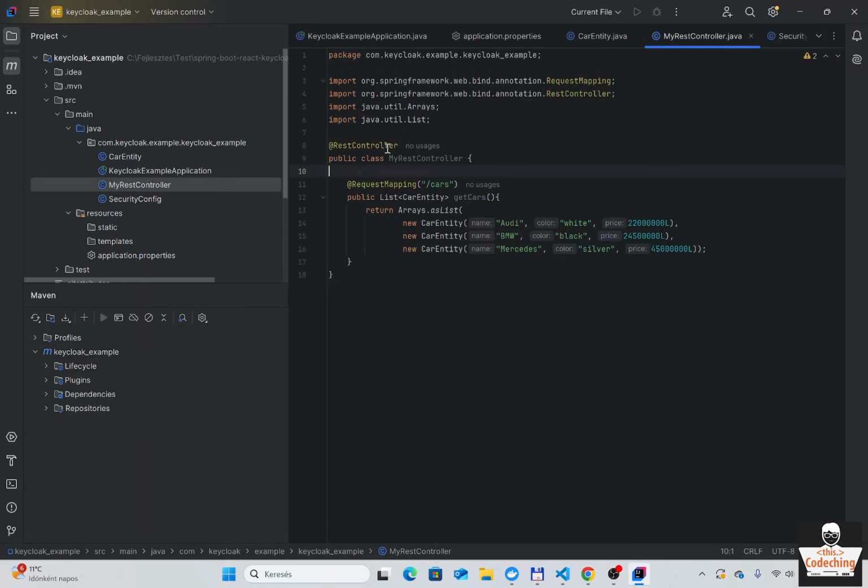Okay, and here you can see that we have this class. We use this annotation, REST controller annotation, to register it as a REST controller, and we have also the request mapping annotation, and here we set up the path. So under the /cars we will get back the cars, and we are returning 3 cars. We are initiating the car entities here,